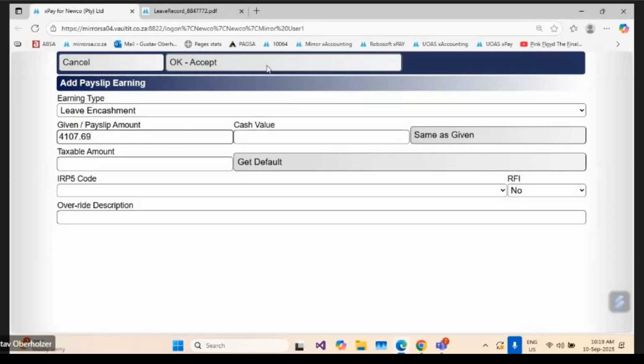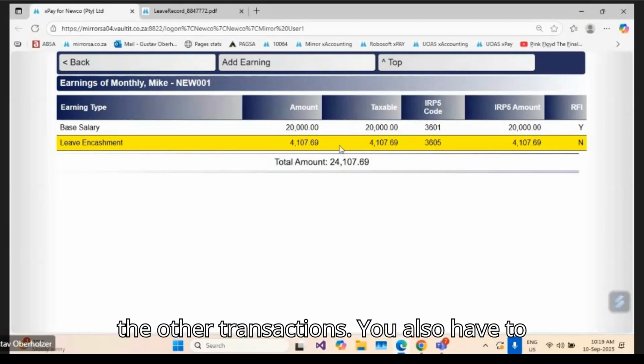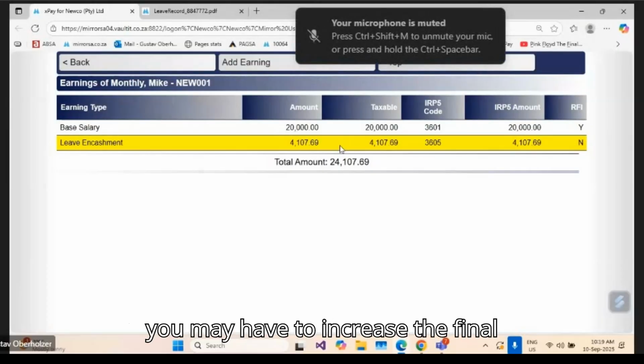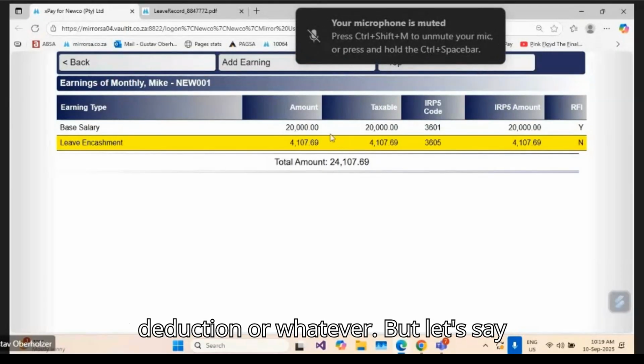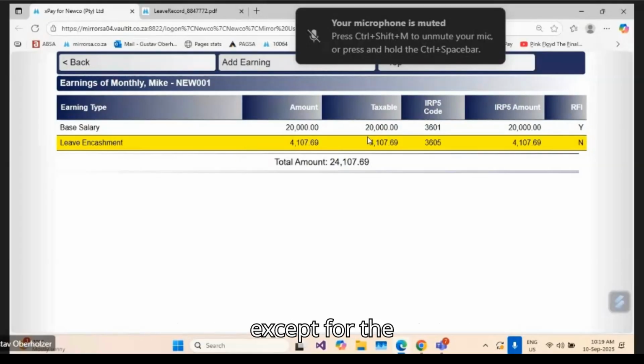4174.69. Okay, let's say those are... we don't need any other transactions. I mean, you also have to consider maybe you had staff loans and you may have to increase the final deduction or whatever. But let's say these are all the final transactions except for the